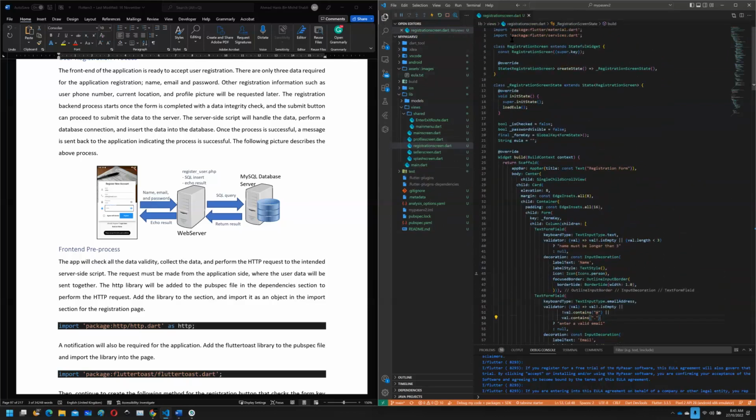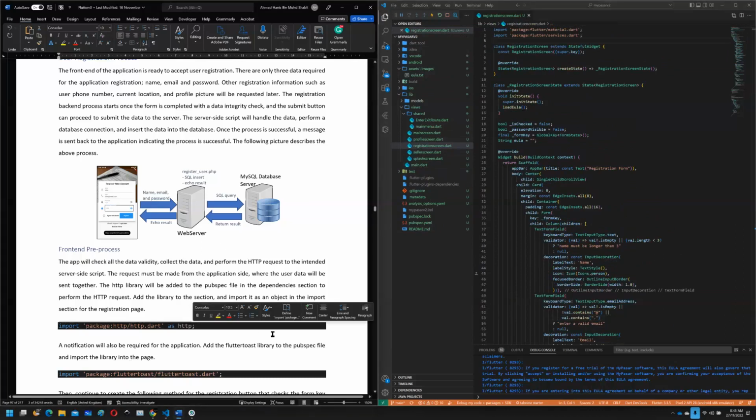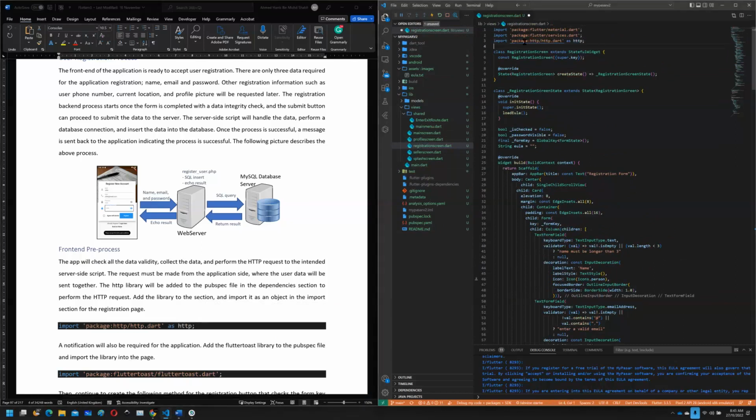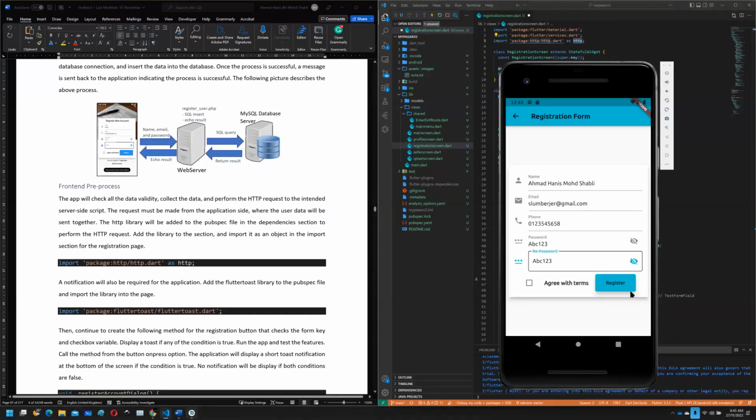To import that, you can just call the library and assign it to an HTTP object. So you put it up there. Now you can use HTTP as an object and then implement the HTTP request. The second thing that we need to do now is to process. Whenever I click on register, we need to get all the values from this form. So to do that,